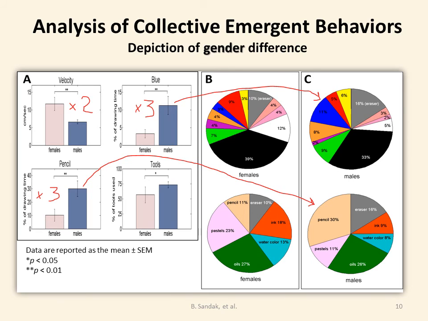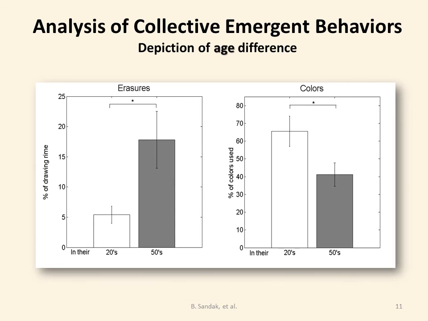The method is designed to have all the findings empirically and accurately measured and hence comparable. As an example, the drawing velocity of females is 11.7 cm per second versus the 6.6 cm per second of the mean with p-value of 0.0084. The significant results related to age include the findings that the participants in their 50s erased almost 3 times more than the ones in their 20s,